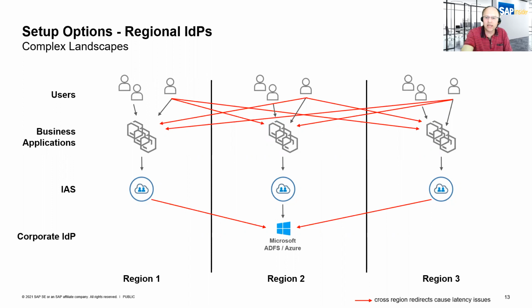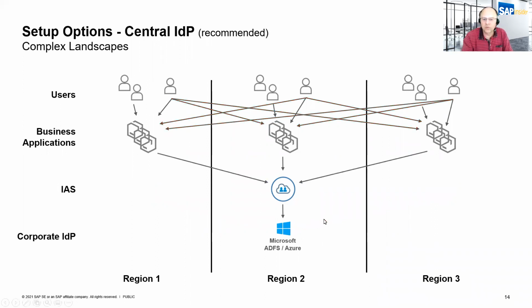If we have 3 different identity providers, one could establish single sign-on with one corporate identity provider and federate with the regional identity providers, or go the way to establish also from an identity authentication perspective this one central identity provider, which then of course makes